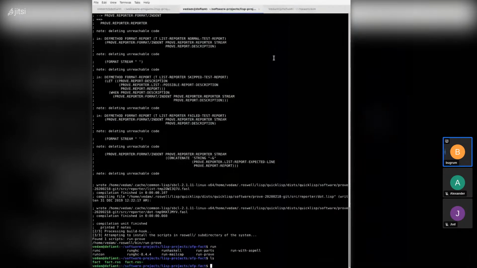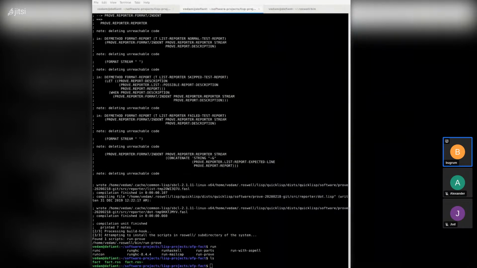So I was going to try and do this for AFP. I have a public repository on AFP called github.com/Atlanta AFP fact. And for folks, I will go ahead and run the commands to set up